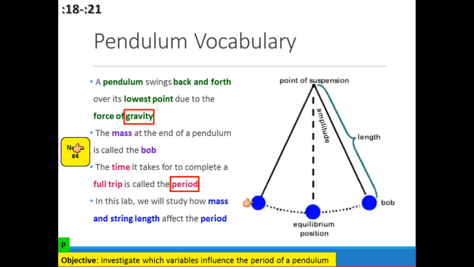The time it takes to complete a full trip of going back and forth is called the period. What we're going to be studying today is how the mass of this bob and the length of the string are going to affect the period, that full trip back and forth. So that is what we're going to be studying today.